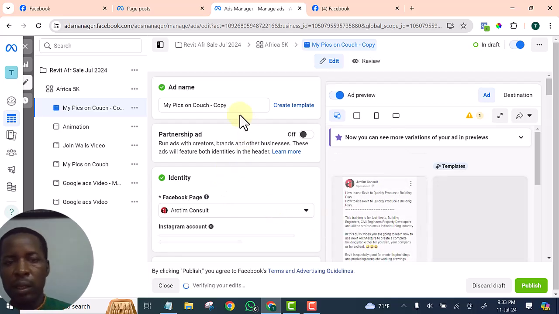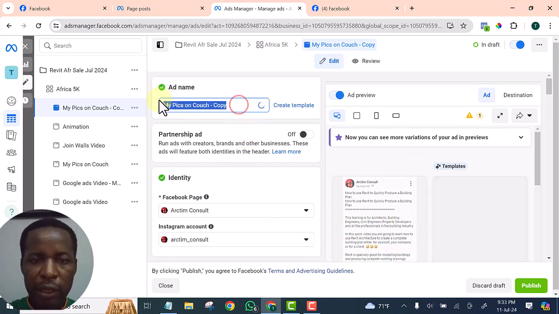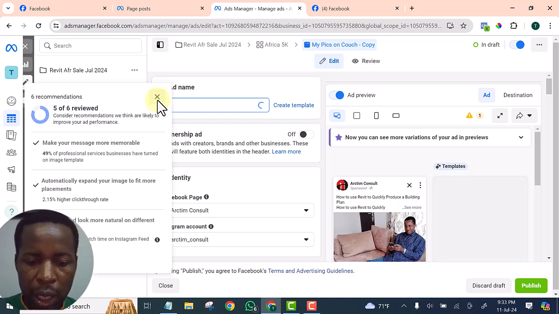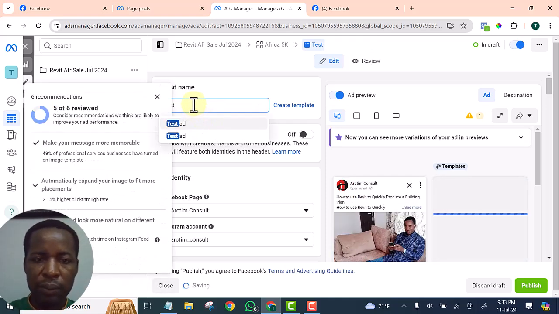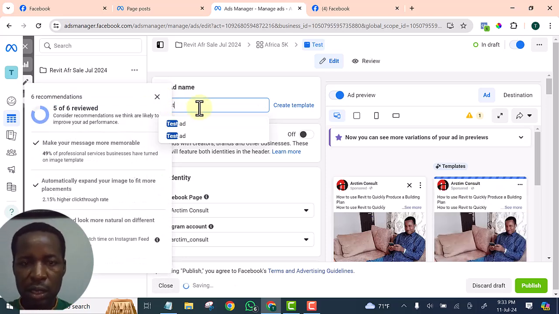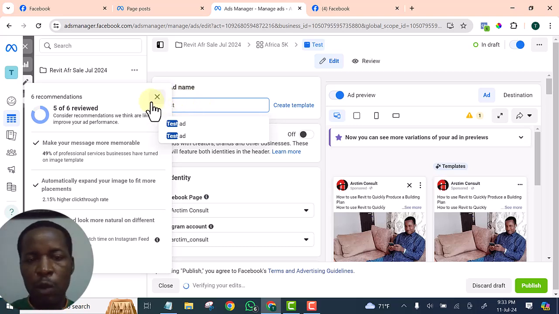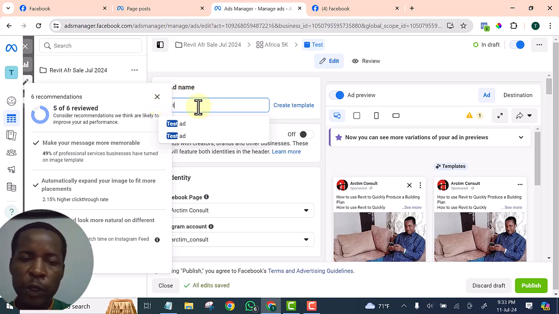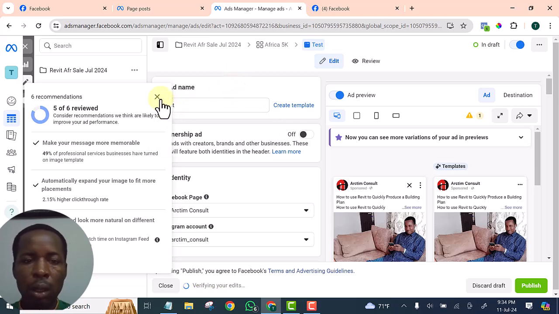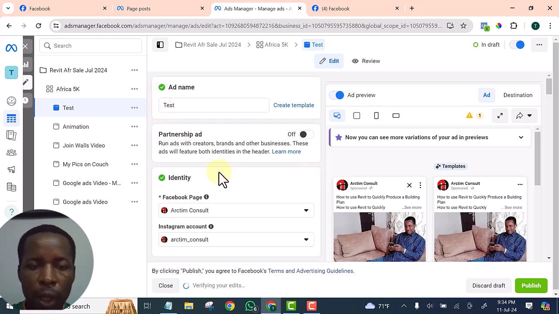Okay, so if I click on the duplicate, I give it a name. It can be any name. The name you give it doesn't matter, but the name I usually give my own is such that I'll be able to identify which particular video I use there, so that if I just see the name, I will know the video I use or the image I use, whatever. Just the name should describe what the ad is all about a bit. Okay, let me close all this. All right, so